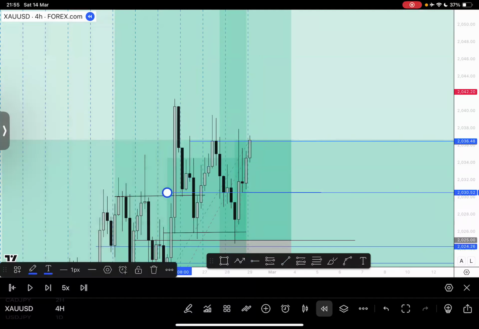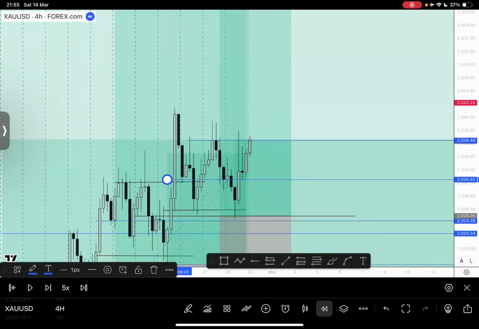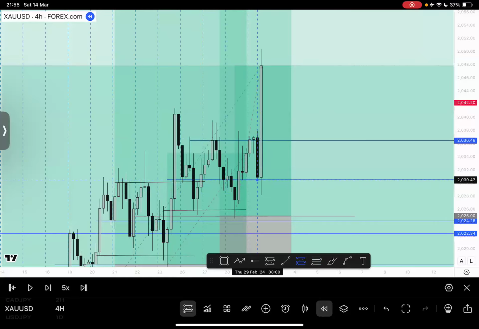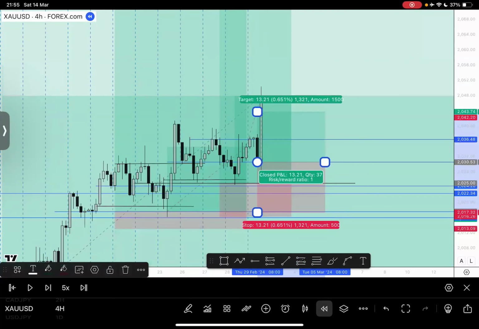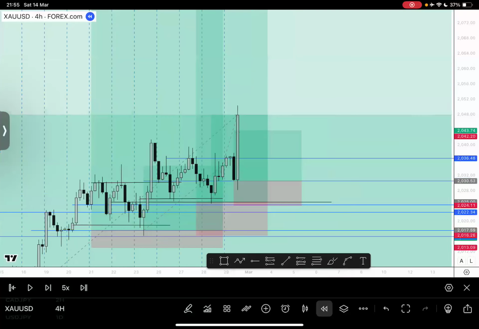Let's see if we chop this one. Yeah, we chop them. These are perfect. So these are not entries again. Can you see where I'm actually picking my entries? The breakouts are to confirm my entries. Right, so